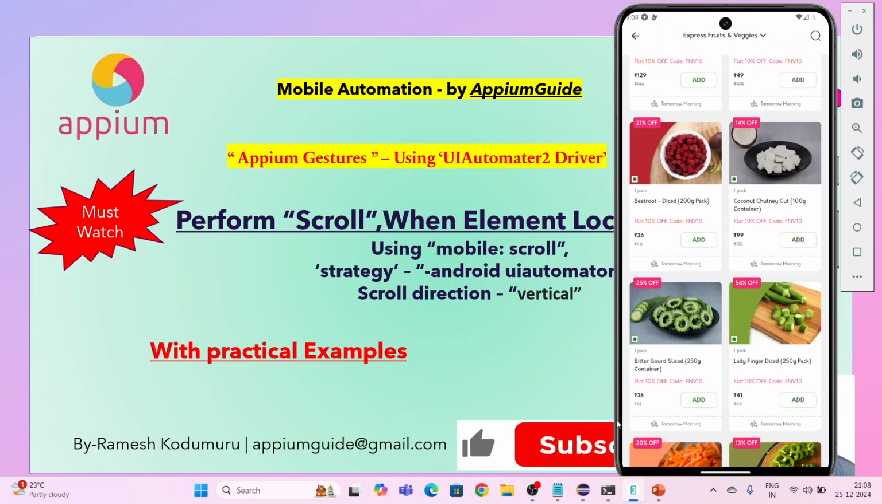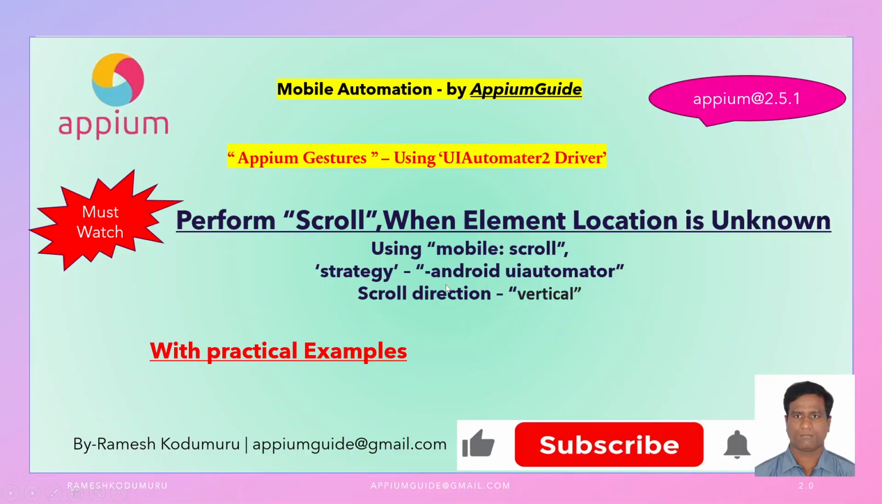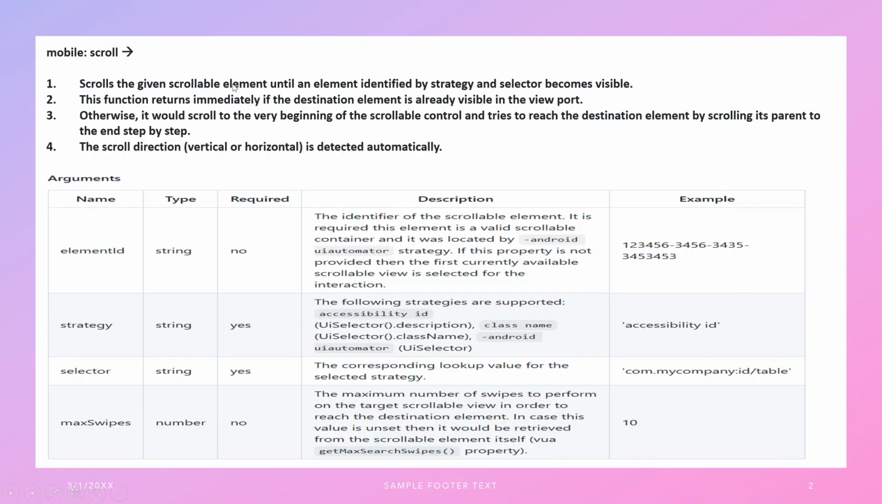As I told, we are using the command called mobile:scroll. We'll see what exactly mobile:scroll talks about. This mobile:scroll comes under the UIAutomater2 driver, and it is only useful for Android. We'll see further what exactly the mobile:scroll command is. Here you can see that by using the mobile:scroll command, we can scroll to the given scrollable element,